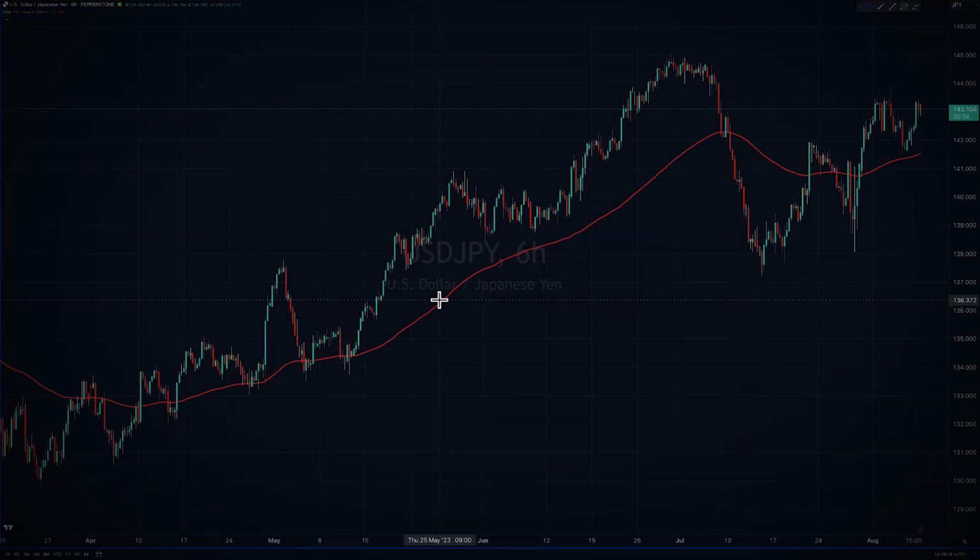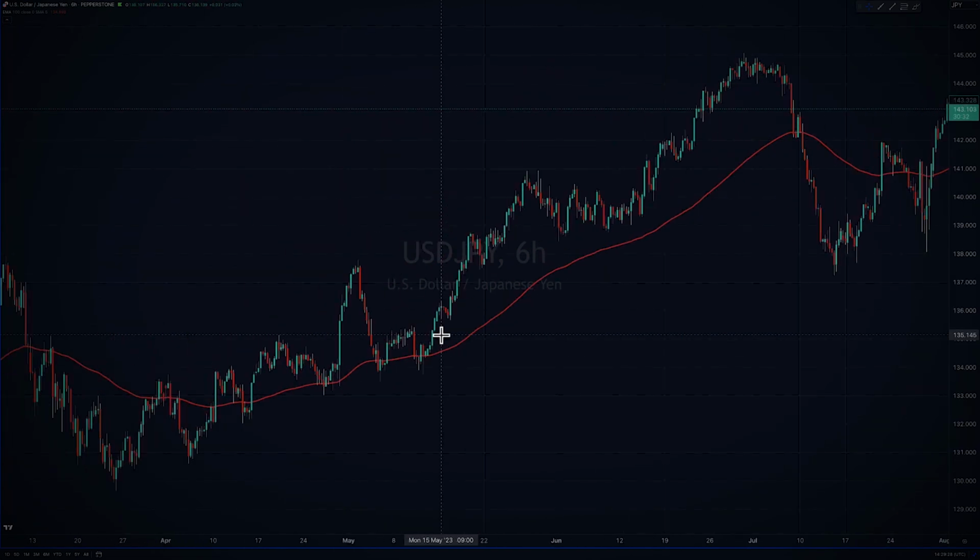And if they're using it, then it's something that you should look into using as well, because essentially you want to get the same view as the professionals do on the markets, because that will help you make better trading decisions. So what we do when we have one moving average on the chart is essentially we look for price